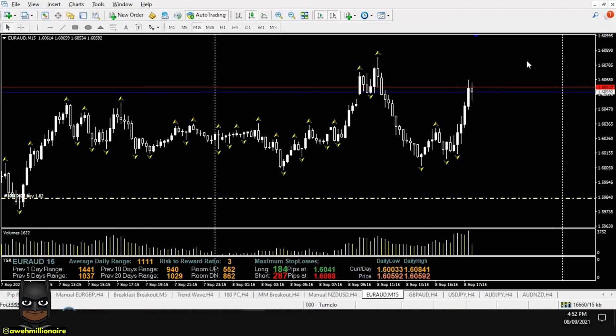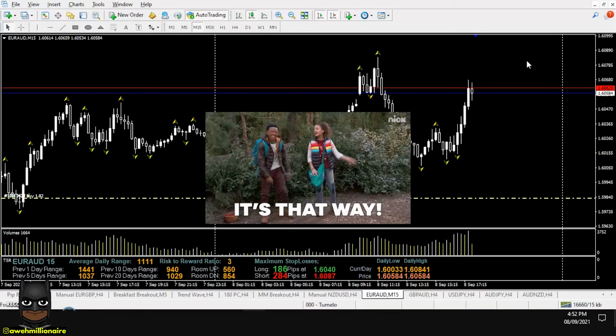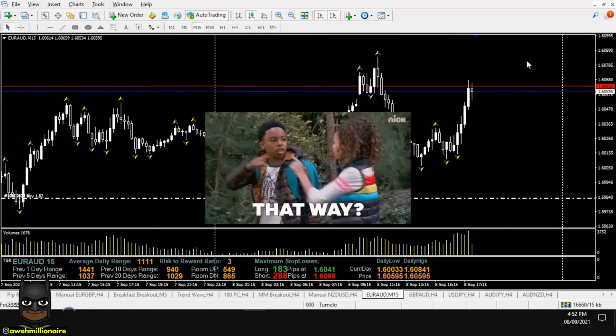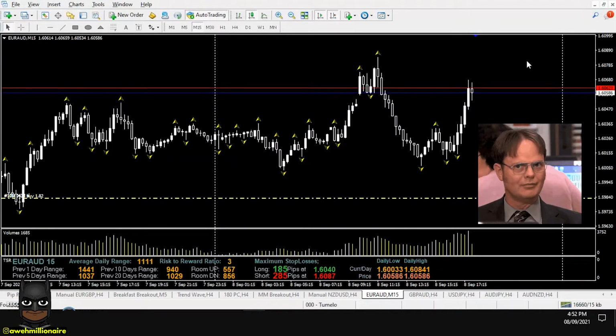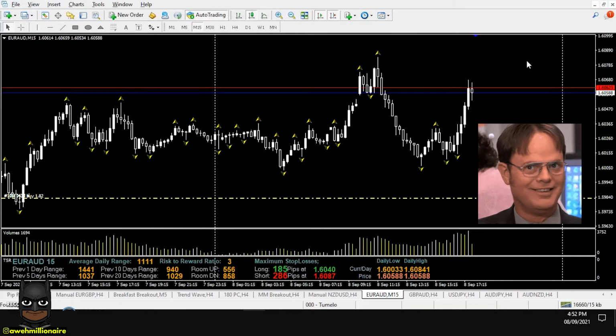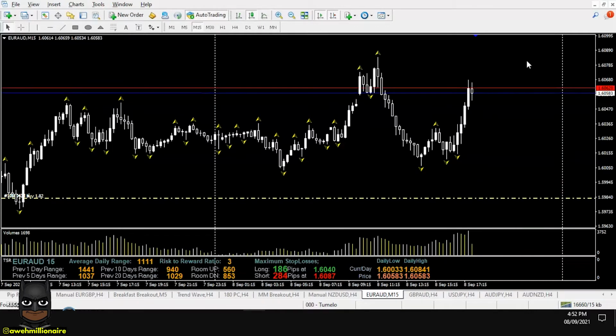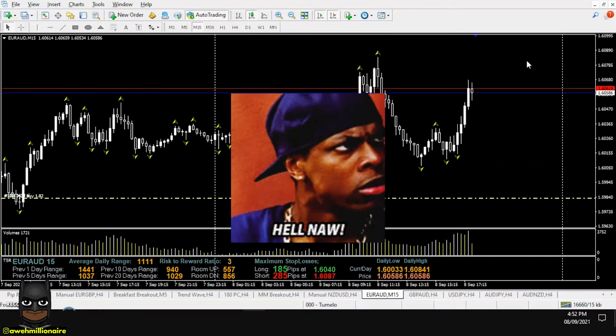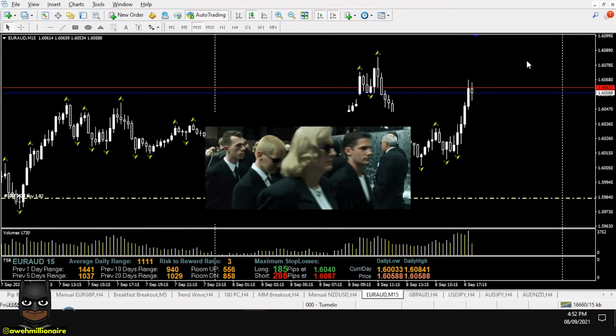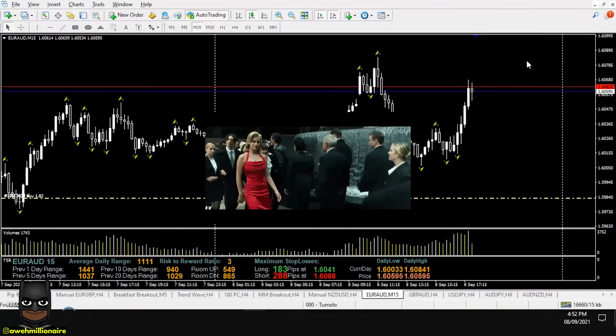The main thing you need to understand when it comes to trading the forex market is that in order for the smart money to fulfill their ultimate objectives, they need the retail traders to take the opposite side of their trades. Now obviously the smart money don't want you to know their ultimate true intentions, because if you knew what the banks and the smart money's true intentions were, then you would never be willing to take the opposite side of the trade. So they need to use tactics in order to induce retail traders to be willing to take the